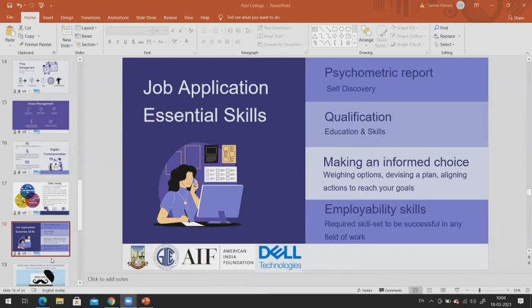When you take the psychometric report, तुम्हें पता चलता है तुम्हारी स्ट्रेंथ्स क्या है, तुम्हारी इंटरेस्ट क्या है, तुम्हारी पर्सनालिटी टाइप क्या है. उस हिसाब से you can make a definite choice about what qualification you want to pursue further. What we discussed ahead, I'm just trying to summarize it right now for you all.